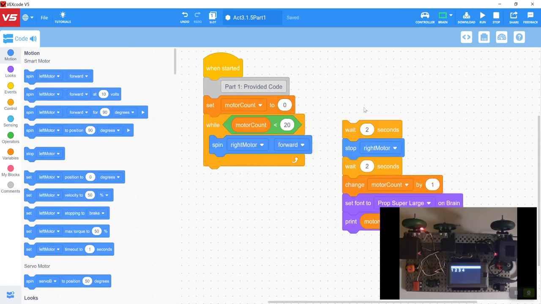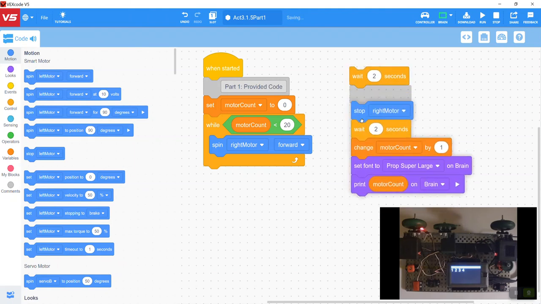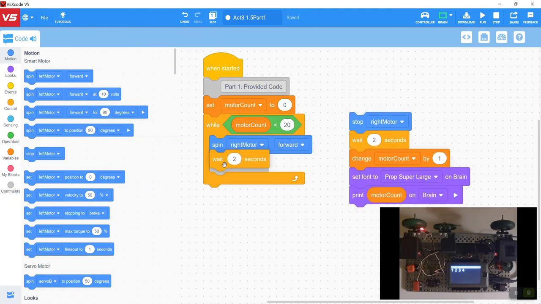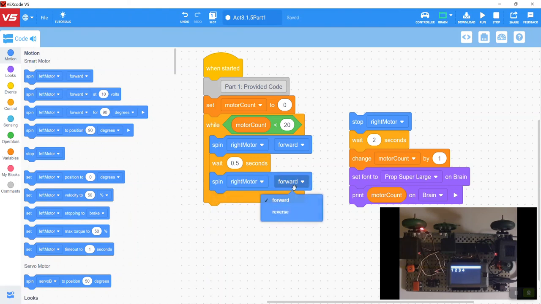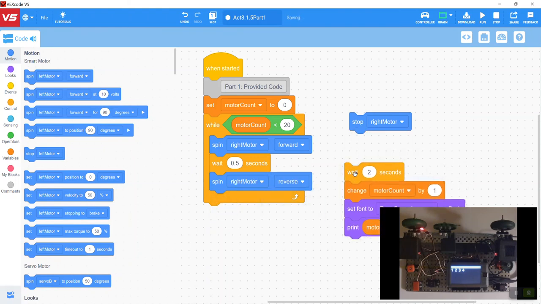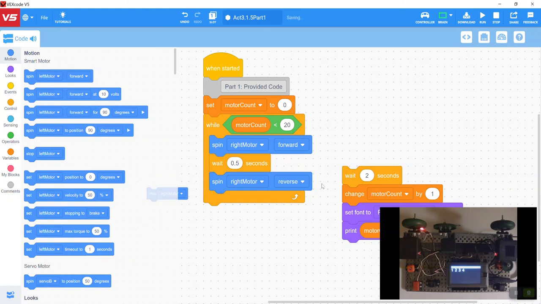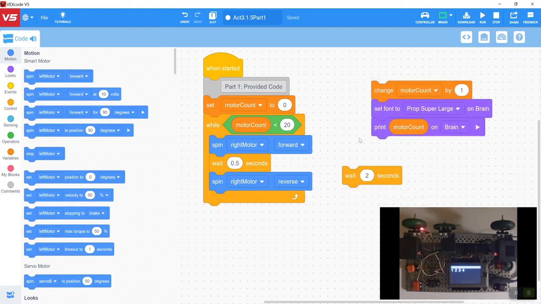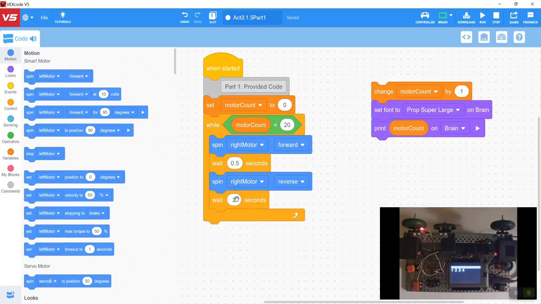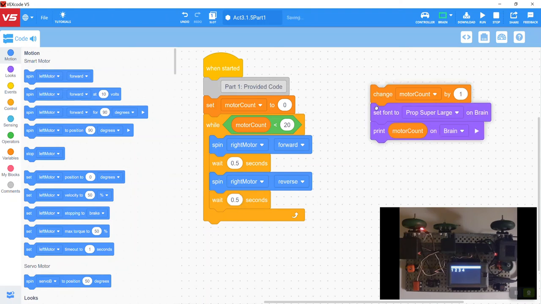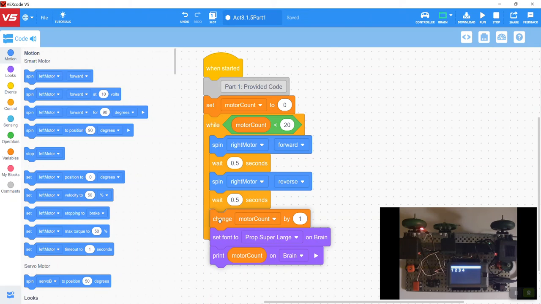I want to get rid of the spin for 95 degrees. I'm going to just grab this wait statement, change that to a half a second. I'm going to spin the right motor in reverse. I can get rid of the stop motor command. And then I'm going to wait for a half a second. And then I can change the motor count by 1